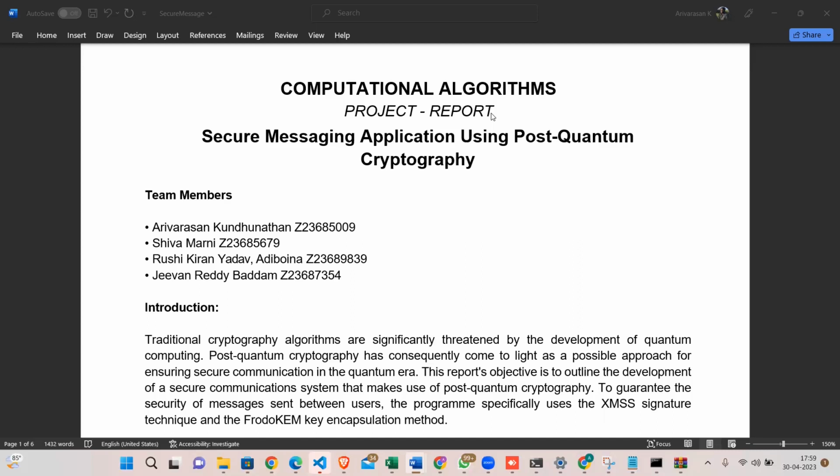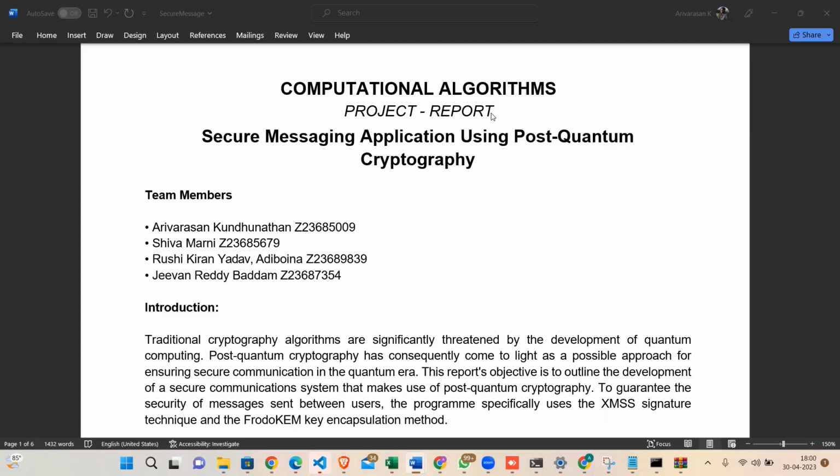Post-quantum cryptography refers to cryptographic algorithms that are believed to be secure against attacks from both classical and quantum computers. These algorithms typically use mathematical problems that are believed to be hard for quantum computers to solve.